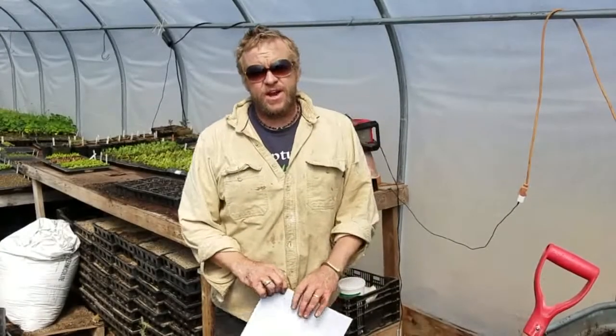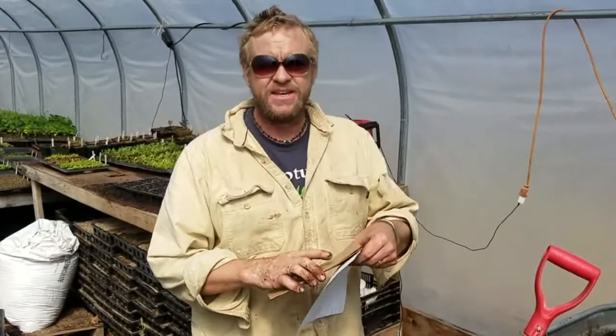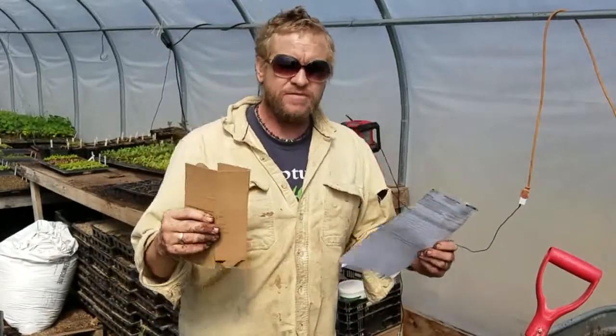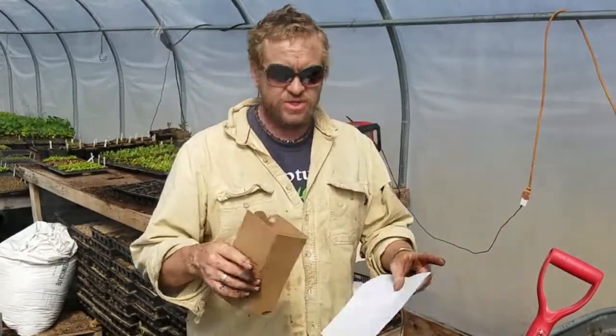If you're growing in a garden at home, we highly recommend getting one of these. It's a little soil test kit. You can get it from your cooperative extension. Every county across the country has a cooperative extension. You just go on the computer and type in whatever county you live in, cooperative extension, and they can send